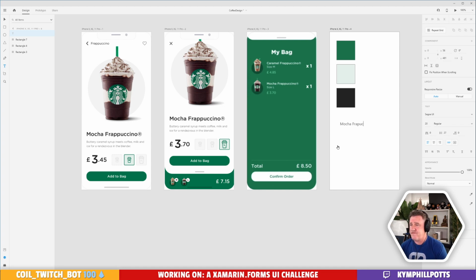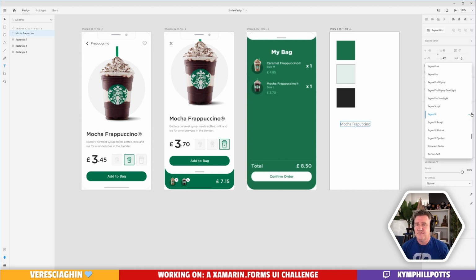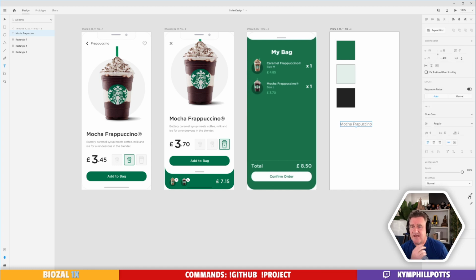Mocha Frappuccino. I didn't know Frappuccino is a registered trademark. I thought it was an actual kind of coffee. So Open Sans. Let's have a look at that. Let's get that. Let's put it in